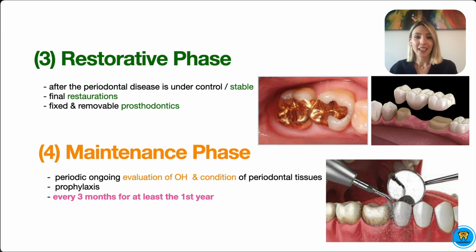So, in this slide, I wanted to finish up with the last two phases of a periodontal treatment plan because I hope you remember that we have the preliminary phase, non-surgical therapy, and surgical therapy. So the third phase, also called the restorative phase, can start after the periodontal disease gets under control or is stable. And this is where final operative restorations are done. And also, if needed, fixed and removable prosthodontics. Now, the last phase, which is the maintenance phase, is more like